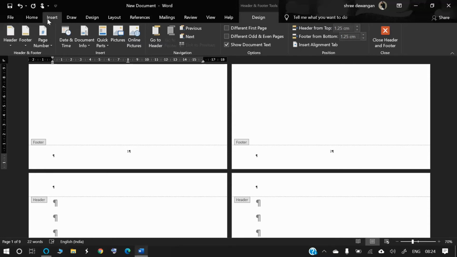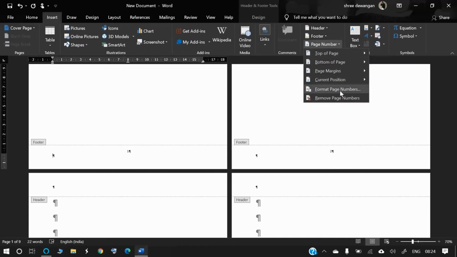To change this and break the page style into two parts, the first in Roman numbers and the second in number format, you have to break the section from where you want to change the style.